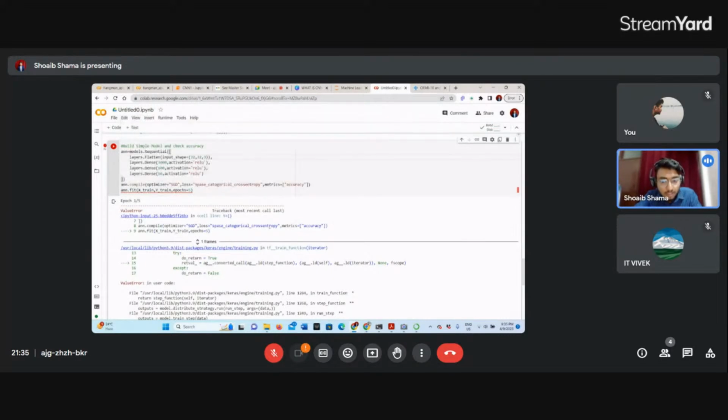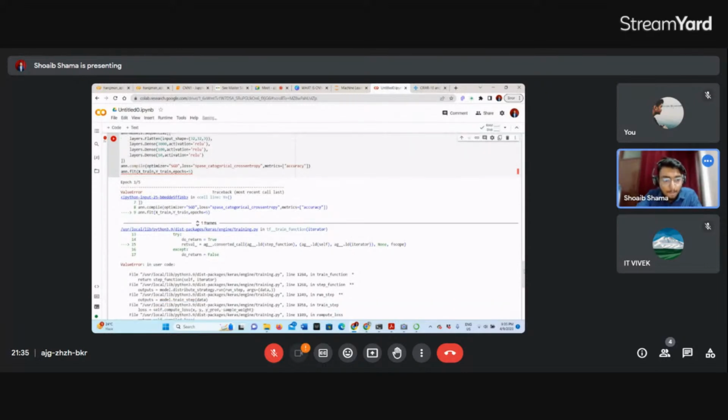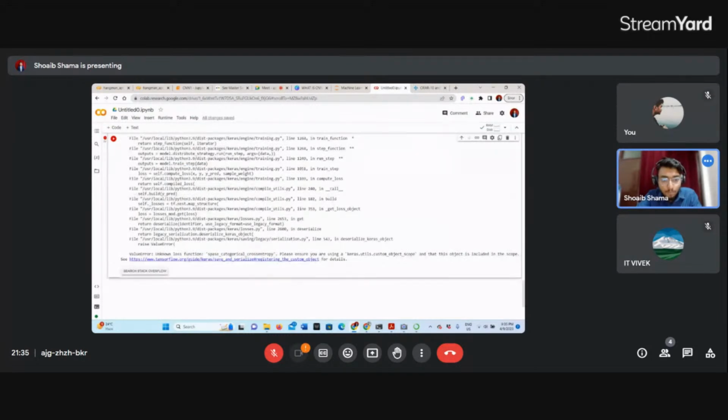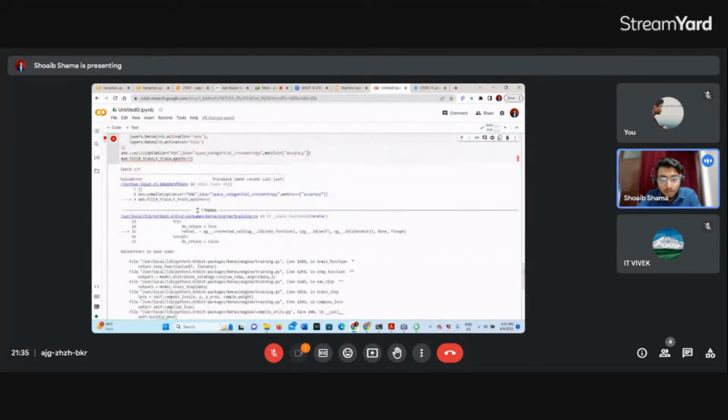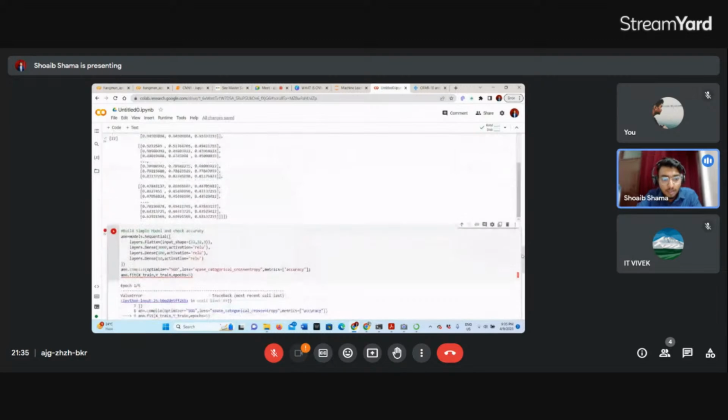And then fit X train, Y train, and epoch is 5. Why it's coming wrong here? Sparse, I think the spelling is SPAR. What is the spelling of sparse? SPARSECATEGORICALCROSSENTROPY. Now I think there was a spelling mistake here again. Now it should work, I guess.